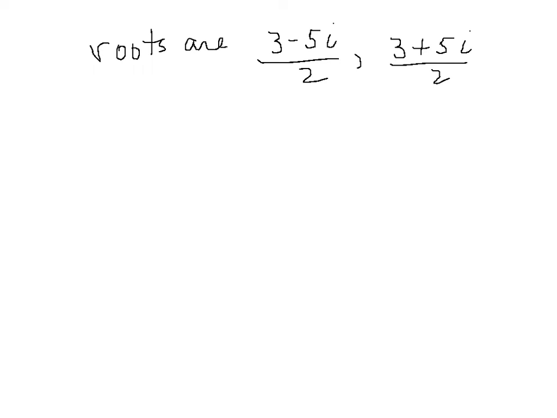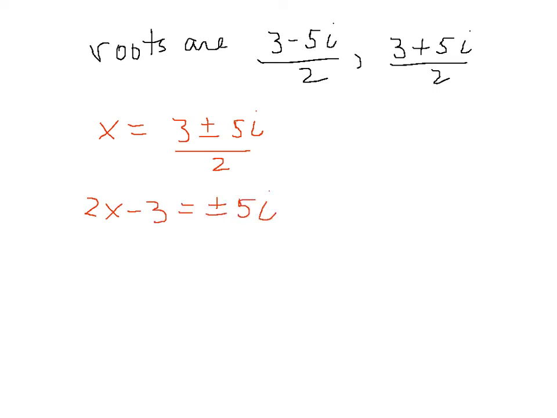But what we're going to do here is exactly the same as what we did before. We're going to write this as x is equal to 3 plus or minus 5i all over 2. Multiply both sides by 2 and subtract 3, and I get 2x minus 3 is equal to plus or minus 5i. With me? It's kind of fun. Square both sides,